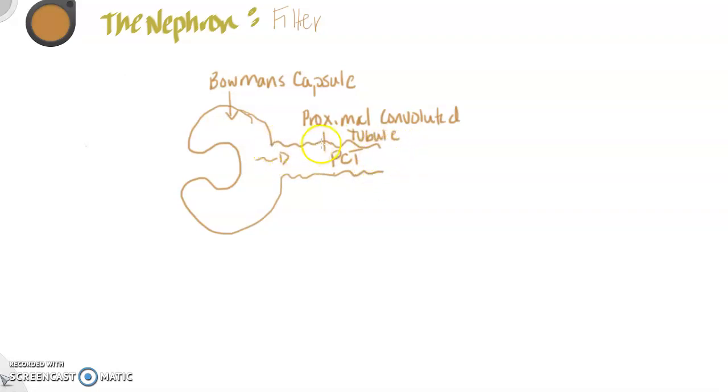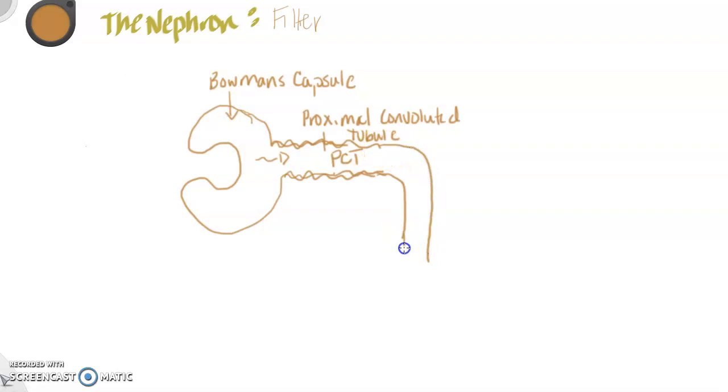So I did it kind of wrinkly like this, not in a straight line. This is on purpose because this tubule is not a straight line. It's a convoluted tubule that's intertwined around itself. Okay, so it's not just this straight line. It's kind of a long tubule just all wound around itself. Okay, the proximal convoluted tubule eventually will take a turn